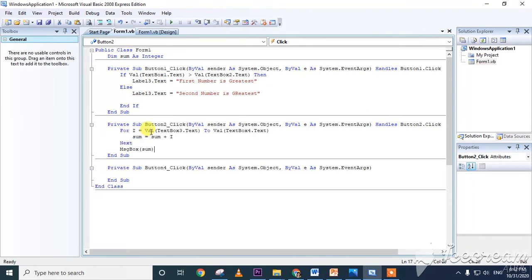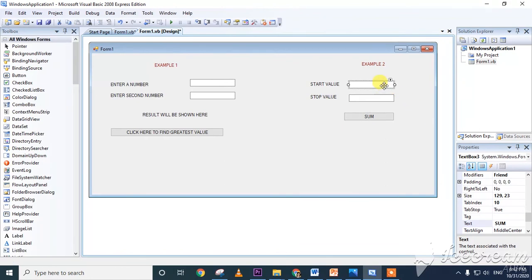I'm writing the code here. First of all, Dim sum As Integer. That means the sum value is an integer we are taking because it should be numbers. So For I equals the value of TextBox3.Text, to the value of TextBox4.Text. This is TextBox3, this is TextBox4, because 1 and 2 are here, so third and fourth are here.